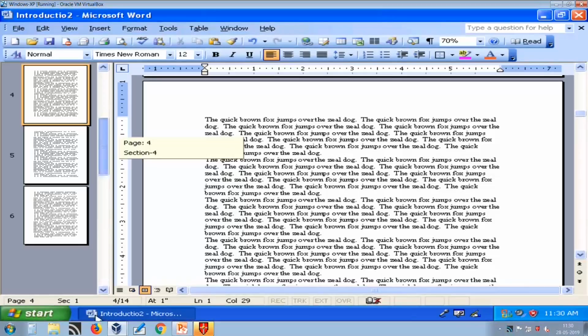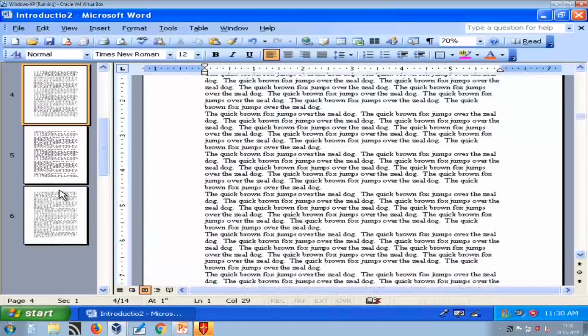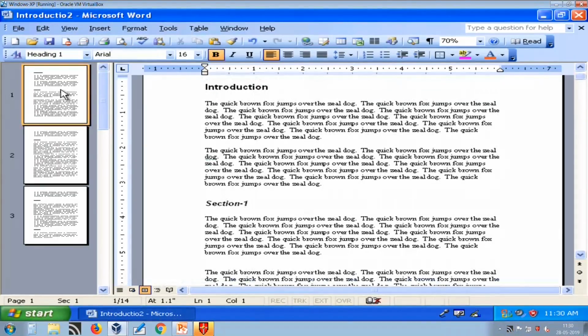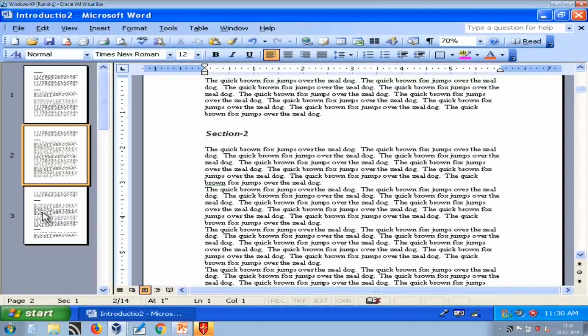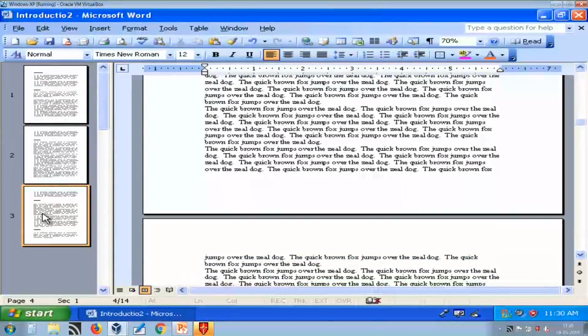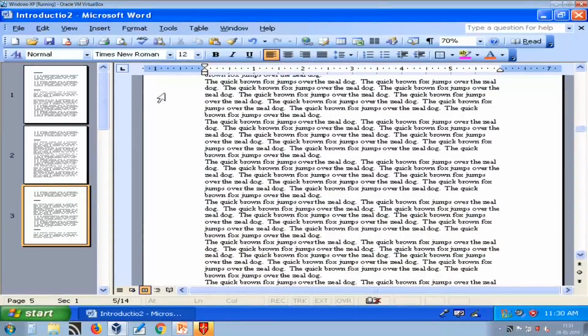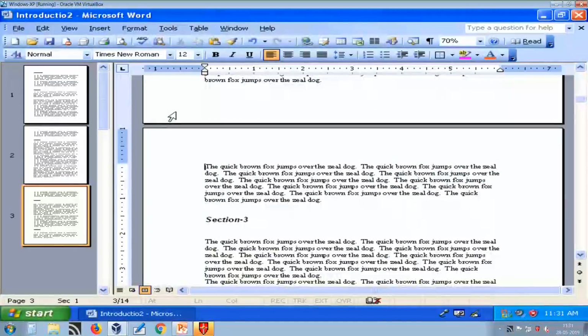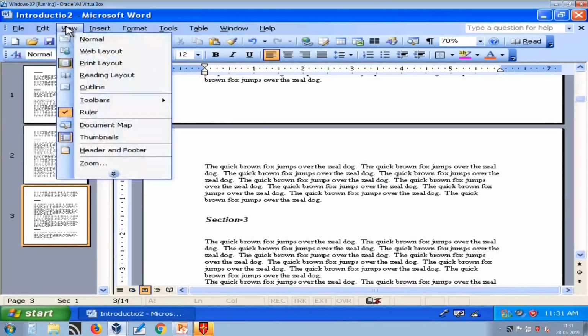So, here we have different pages and I can quickly move between them. So, here you can see we have a small version of each page, and by clicking on that we can move to a particular page.